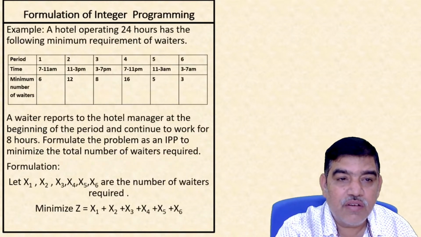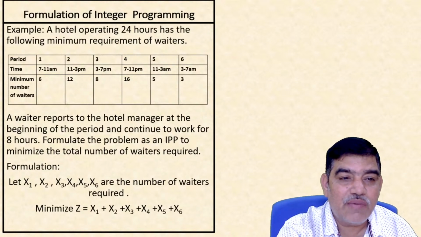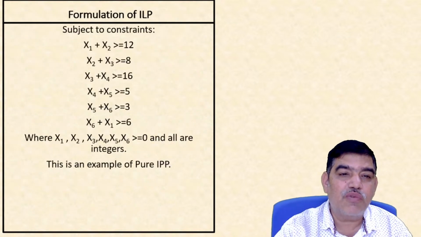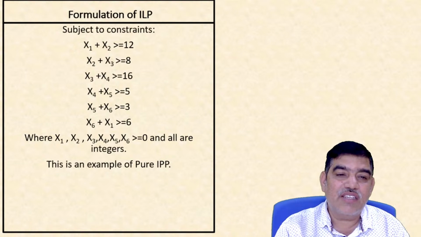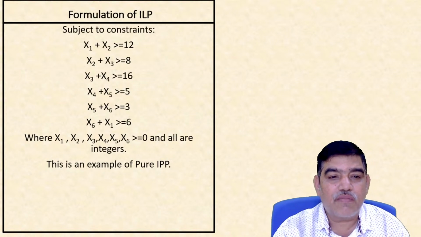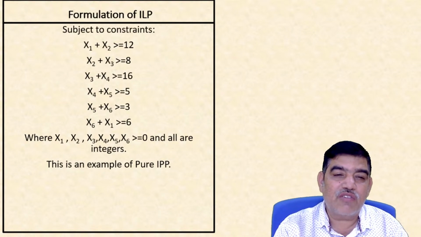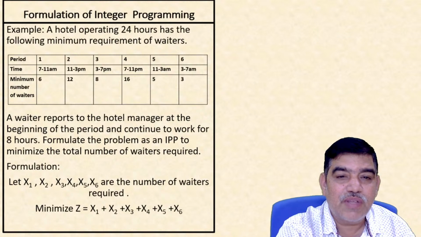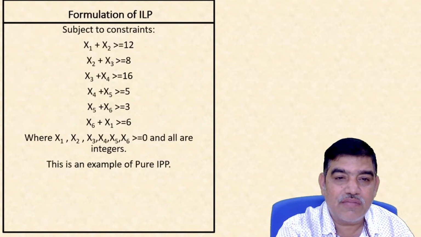Similarly, for period 2 and period 3, you start from period 2 and end in period 3, that means x2 plus x3 greater than or equal to 8. And so on, x3 plus x4 greater than or equal to 16. x4 plus x5 greater than or equal to 5. x5 plus x6 greater than or equal to 3. And at the end, look at the table here. I have mentioned here the 6th period. After the 6th period, again you come to the first period, that is x6 plus x1 greater than or equal to 6,